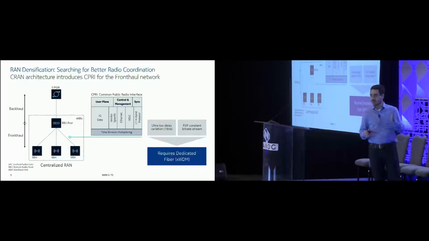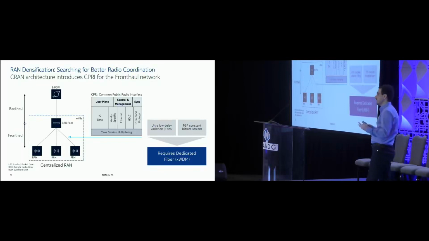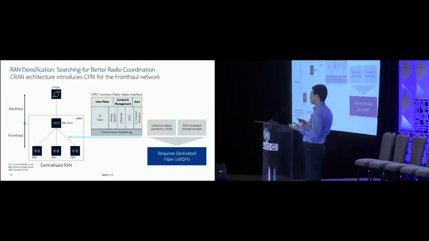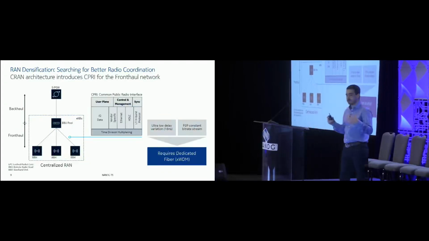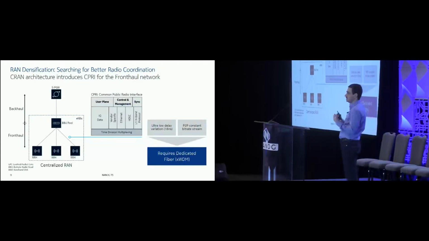The reason why we keep getting all those new technologies and new generations is that we need more and more capacity and denser networks, or in other words, in a given area, put more bits, which will mean in some way putting more radios there. Now, if you start putting more radios into the same area, you need some sort of coordination. You need those radios to work together and not interfere with each other